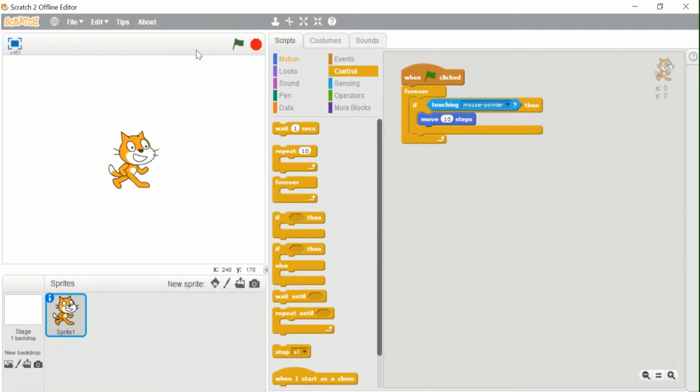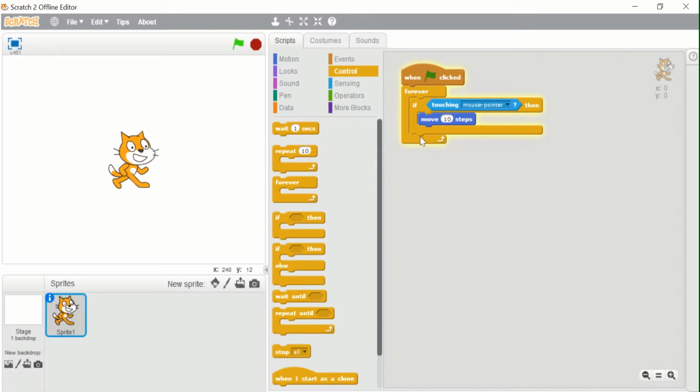When flag clicked, when I click the flag button, forever means it will check this condition forever, that if the sprite is touching the mouse pointer. It will keep checking, and if it touches the mouse pointer, then it will move 10 steps. I'll run the script.